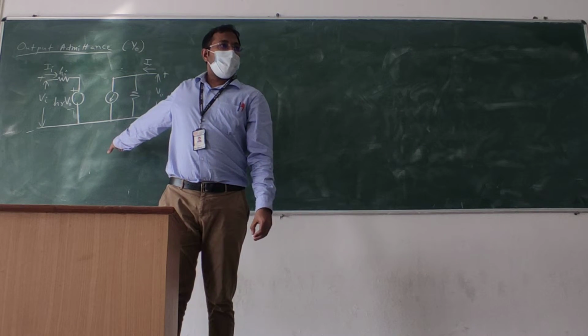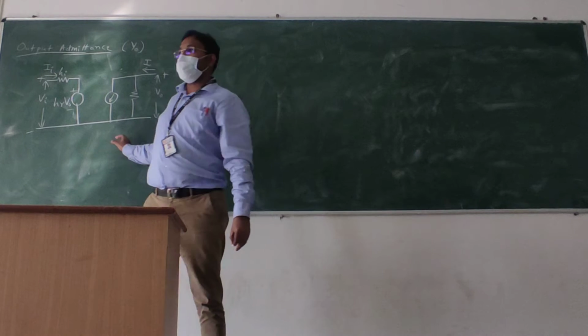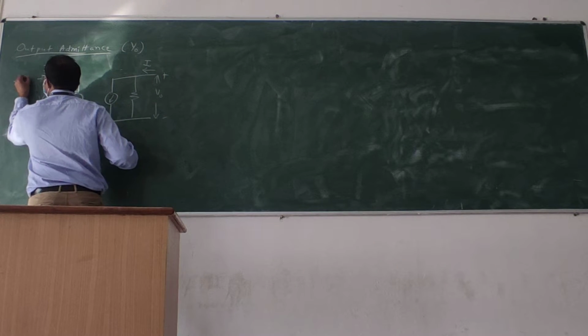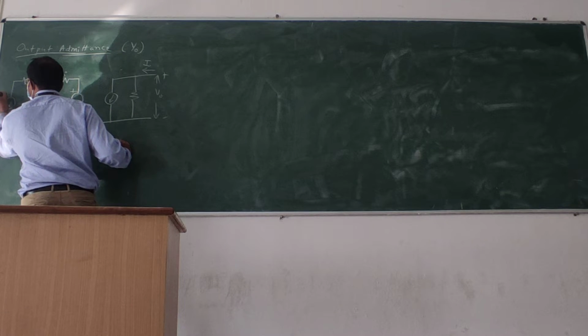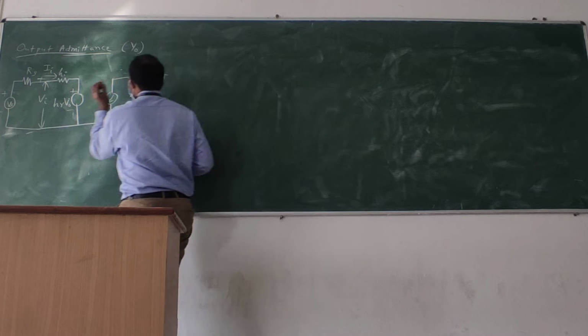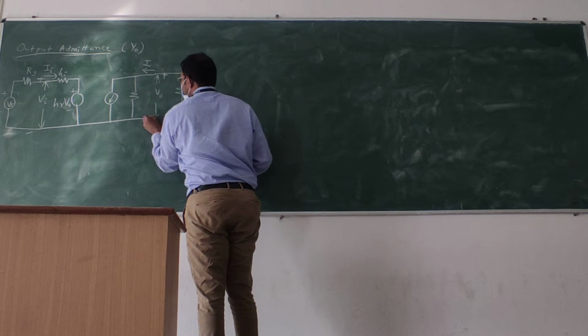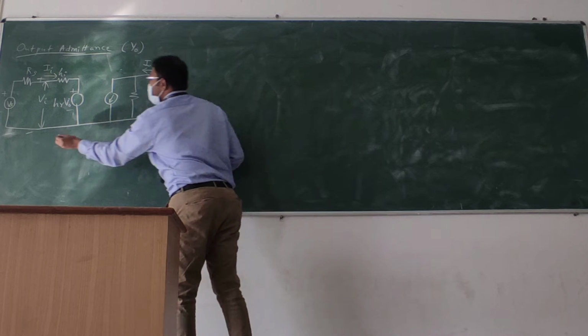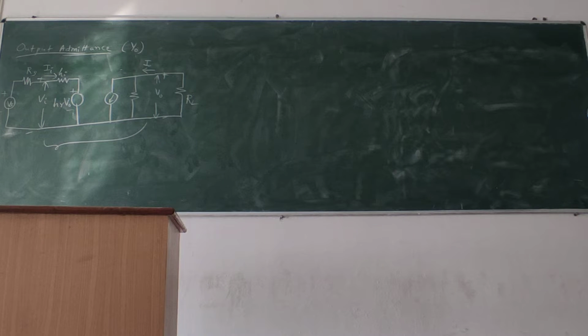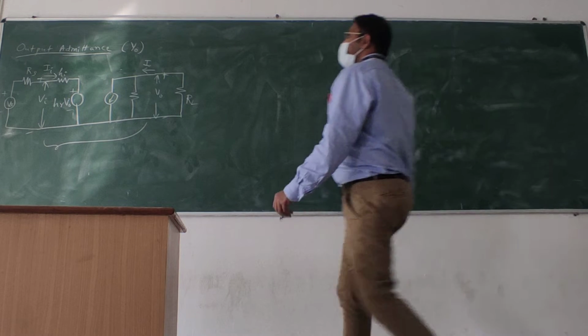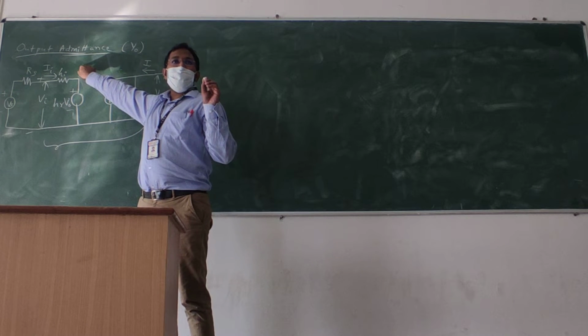This is the hybrid model of the transistor. For the complete circuit, you will connect the source resistance Rs, then a voltage source Vs, and at the output you will connect the load. This part is common for most of the circuits, just pages, right? You have something like 4 pages. This is the same circuit which is already there in your notes. Nothing to copy. Okay. Standard process for output admittance.